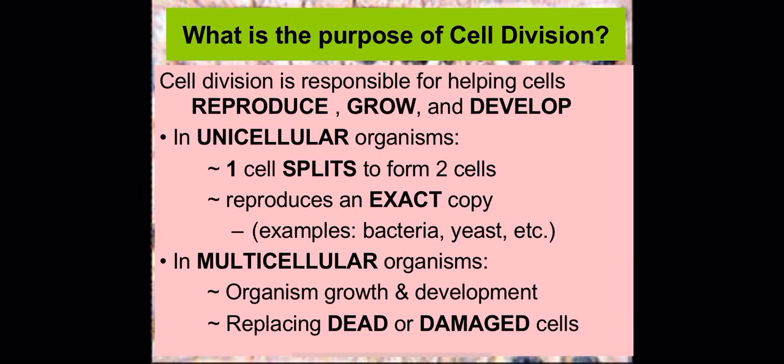In your unicellular organisms, these lives are a lot more simple than they would be in a multicellular organism. And in your unicellular organism, their reproduction and their cell division tends to be a lot more simple as well. So you're talking one cell that is simply splitting in half to form two exact copies. Bacterial cells do this, yeast cells, but your body cells, somatic cells, will do this as well. In multicellular organisms, the purpose is not necessarily reproduction of the cell as in creating a new organism that's going to go off into the world on its own, but instead replacing dead and damaged cells as a part of the whole.